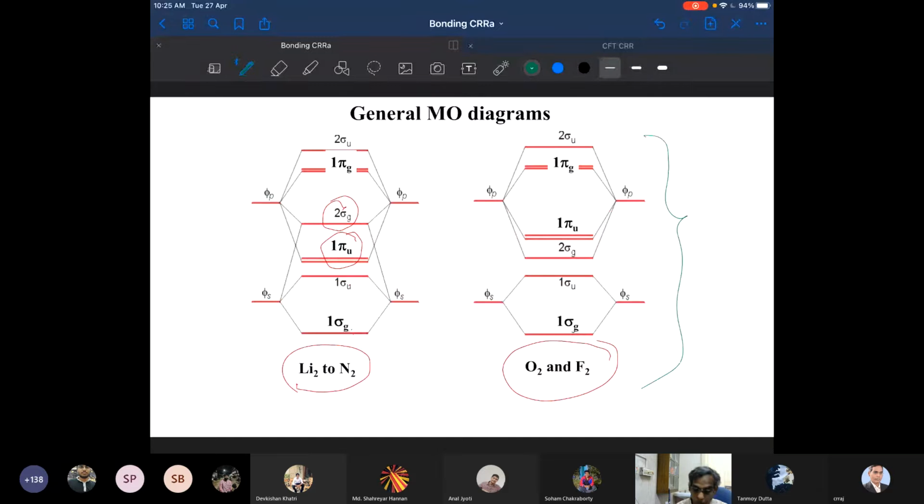totally different diagram, the normal way goes here, because there won't be any mixing, simply because the energy gap between your 2s and 2p is too large for considering orbital mixing. So there is a separate MO. So now you understand that there are two sets of MO diagrams, the general diagram for Li2 to N2 and another for oxygen to fluorine, right? I hope that you are with me. There should not be any confusion, right?